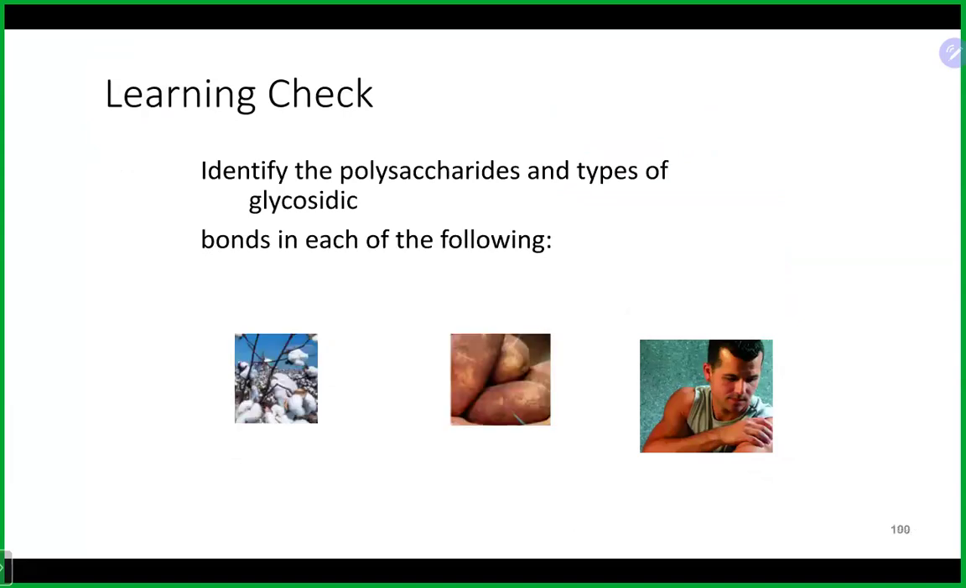All right. So for each of these, take a moment and identify the type of bonds that we see. Guys, are they branched or